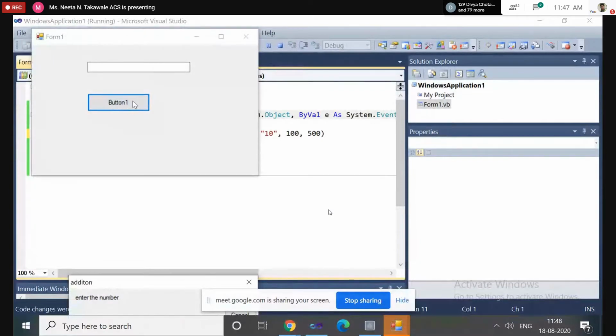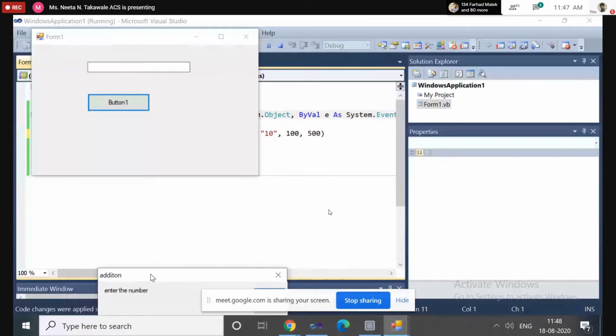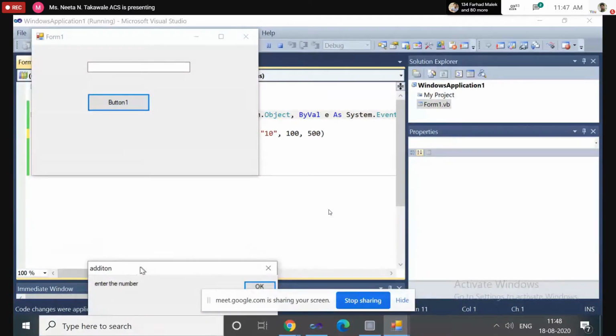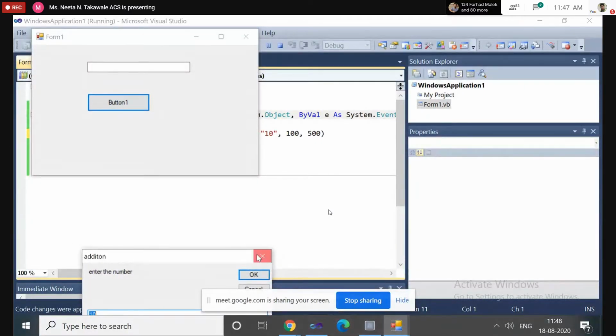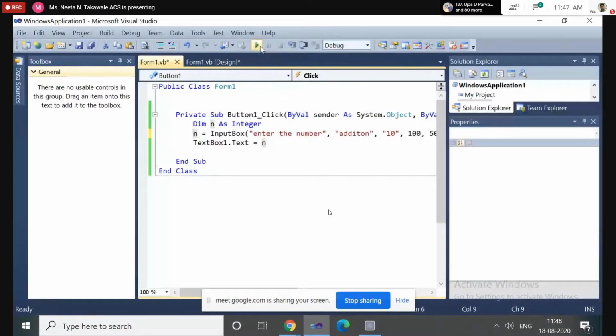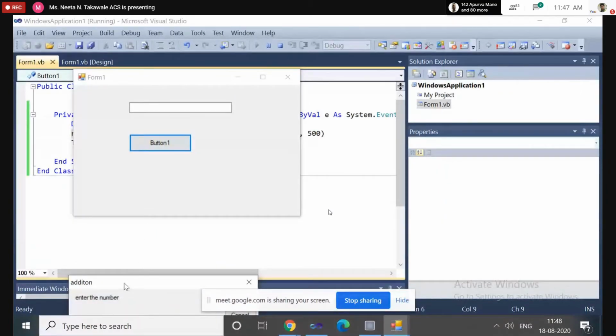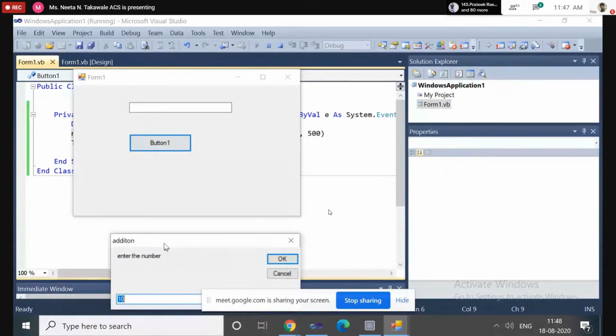Now click on the button. Now see, here it is showing the dialog. Wait, again we will run. See, this is the position of the input box.